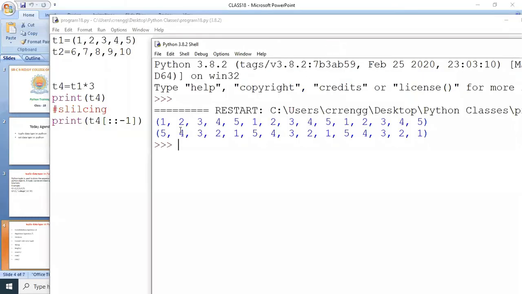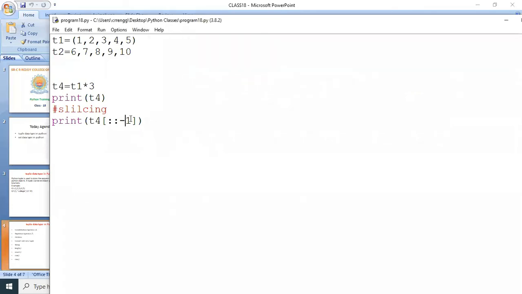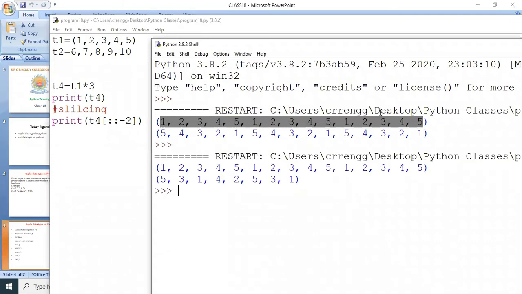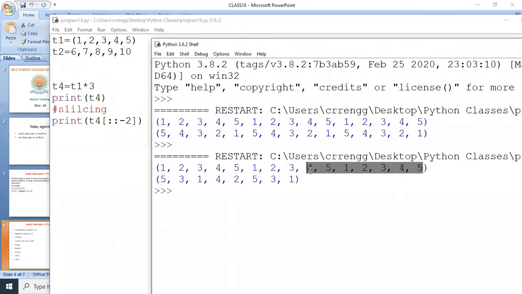So this is the T4. So reverse order is 5, 4, 3, 2, 1, 5, 4, 3, 2, 1, 5, 4, 3, 2, 1. So this is the reverse order. If I give minus 2 here, now expected output is 5, 3, 1, 4, 2, 5, 3, 1. So why? The step is